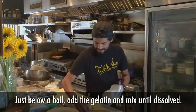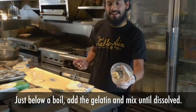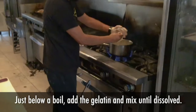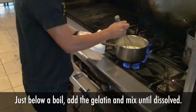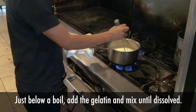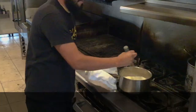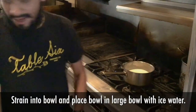Nice. So, when it gets there, we will take our gelatin and we will incorporate it into our milk and cream, and we will constantly whisk that until it's completely dissolved. So just work it for about 1 or 2 minutes. When the gelatin dissolves, that should be easy there. And